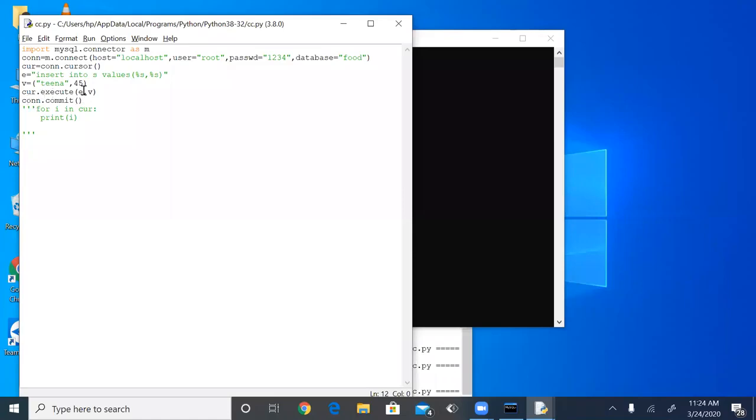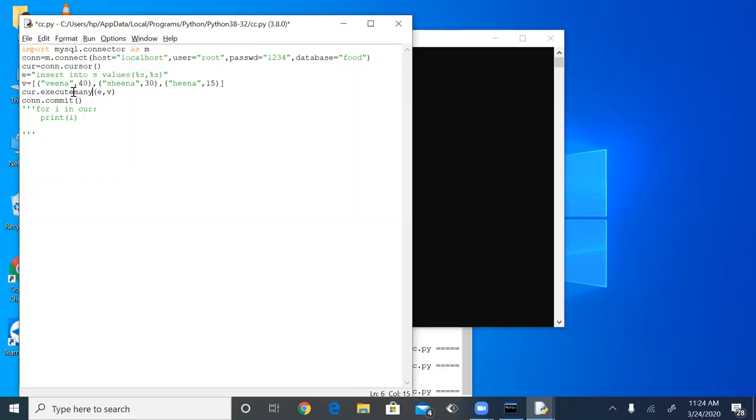And if you want to execute multiple statements, for that we have to use a different approach. Suppose here I am using Veena, her age is 40, another is Sheena, her age is 30, next is Hina, her age is 15, and I am putting them in a list so that I can enter multiple values.